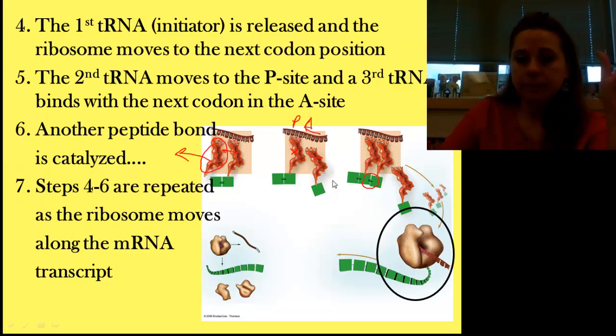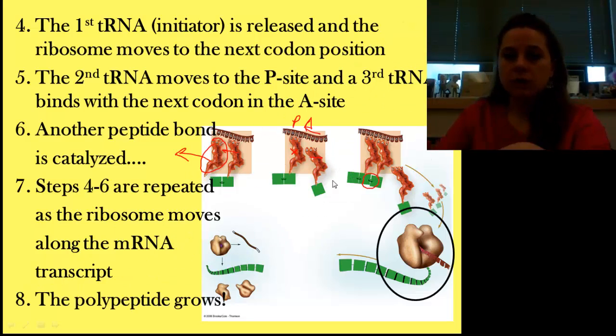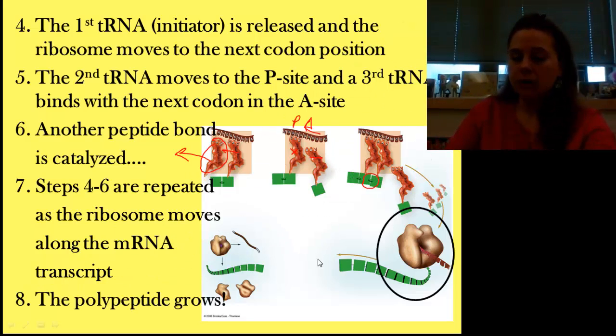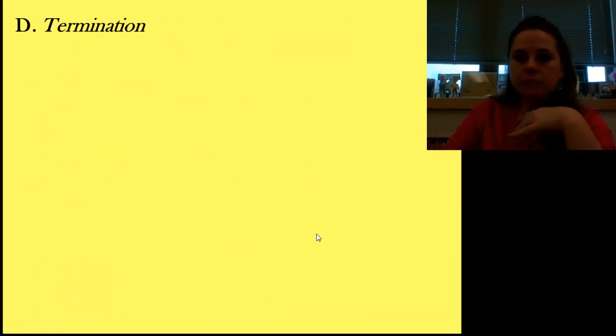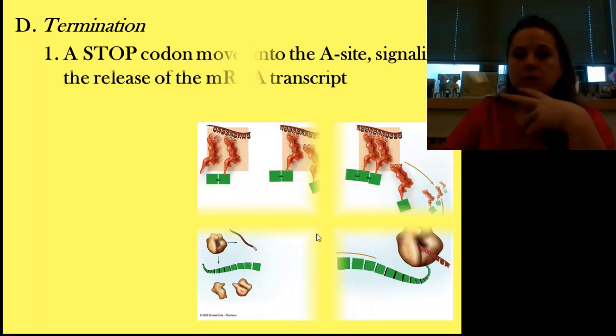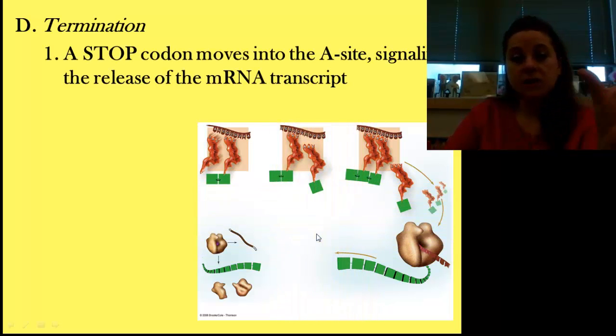until, okay, it reaches what we call the end, or in essence, the stop codon. So again, these next steps, they repeat until we reach the end. Okay, because this polypeptide chain is growing, and then it will become folded to become its protein. So the final part is called termination. Termination is when we reach the stop codon